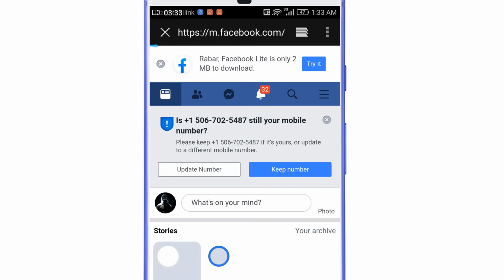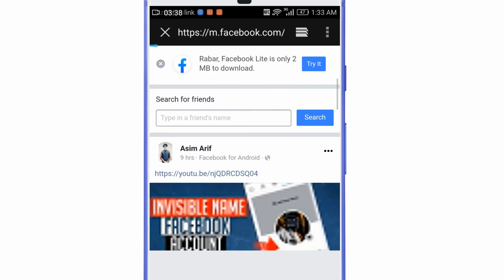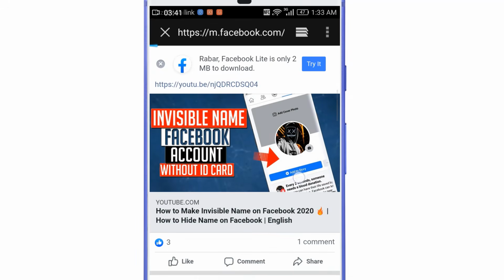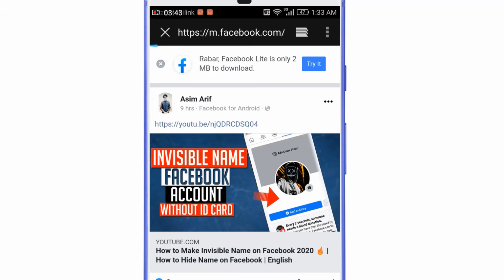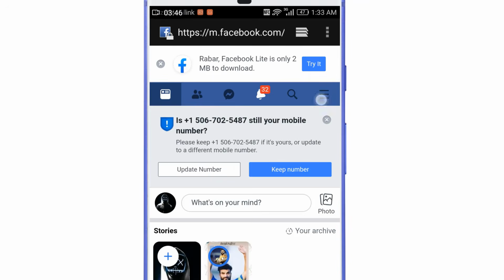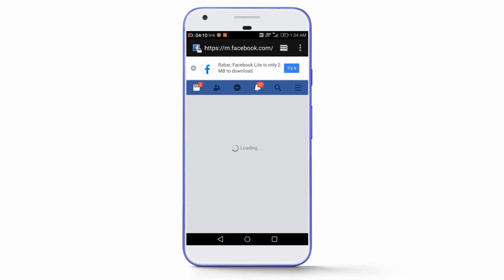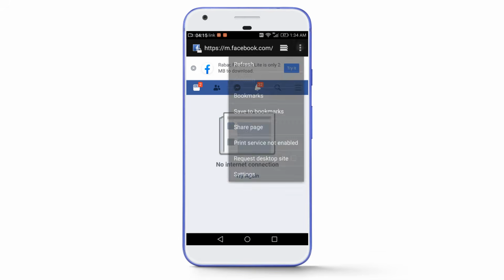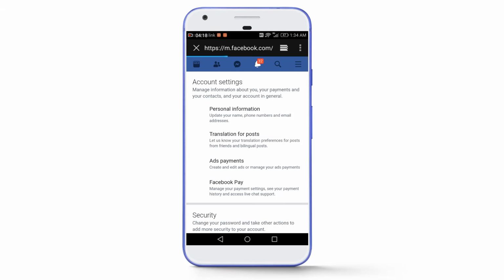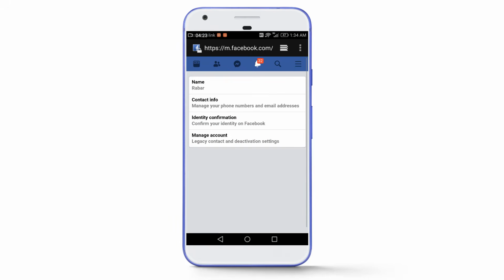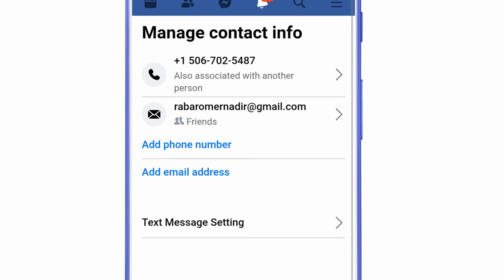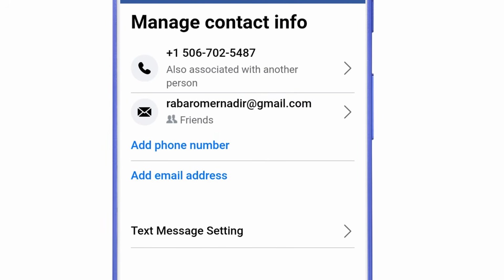You can also see the notifications which I received from Facebook, and now you can see here that this account is successfully recovered. Now to make you more satisfied, I will also show you the email address by going to the settings. So guys, now let's move towards the settings of this account. I will refresh the page once. Then I will go to personal information, then contact info. So guys, now you can see here that it is the same email address which was associated with the disabled